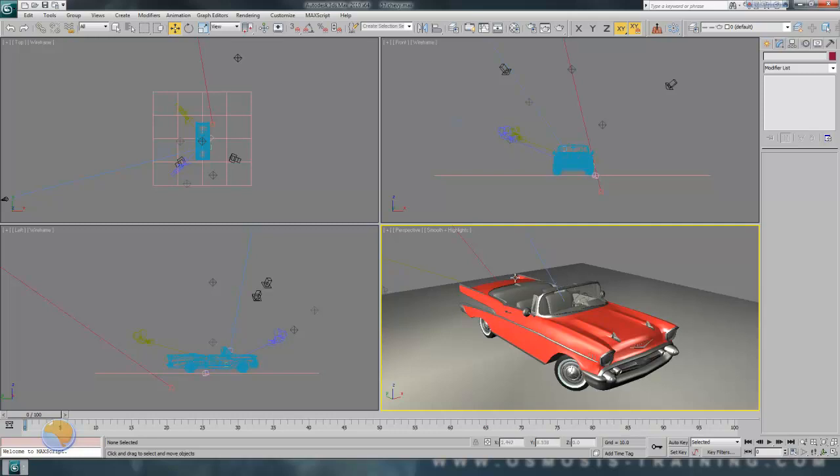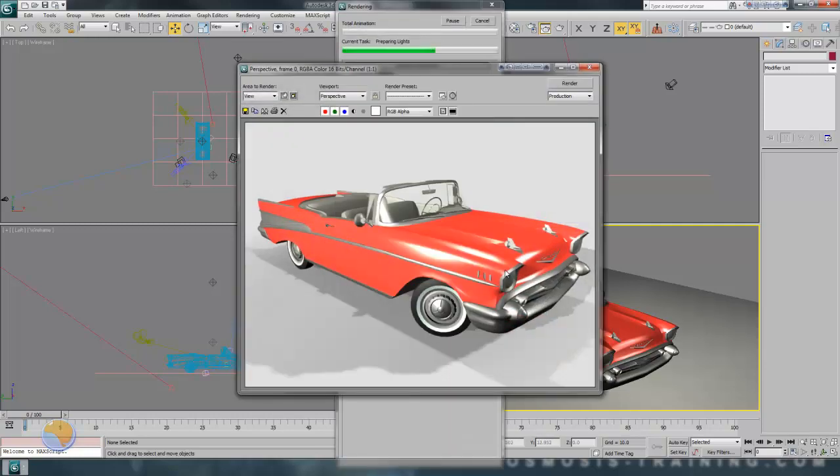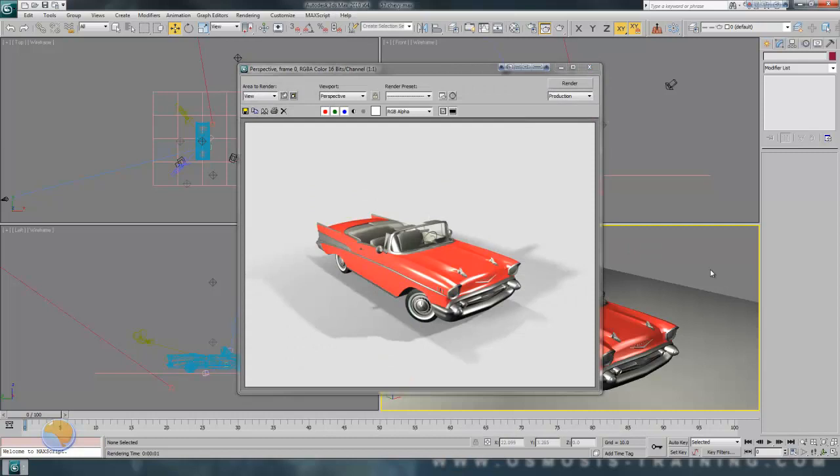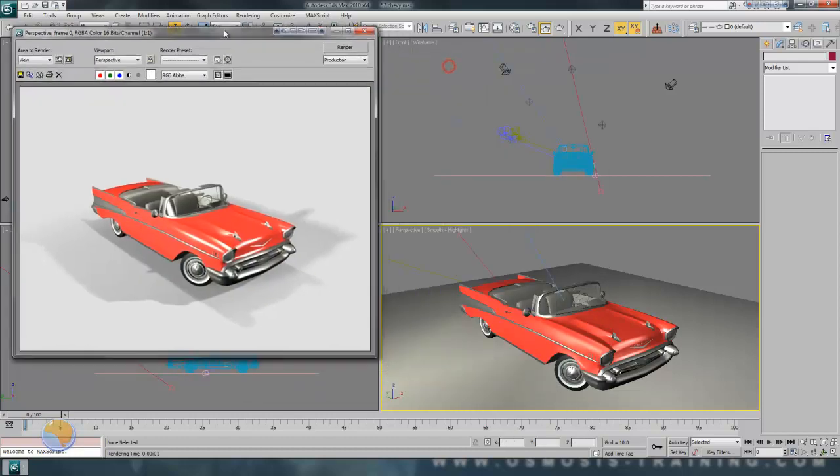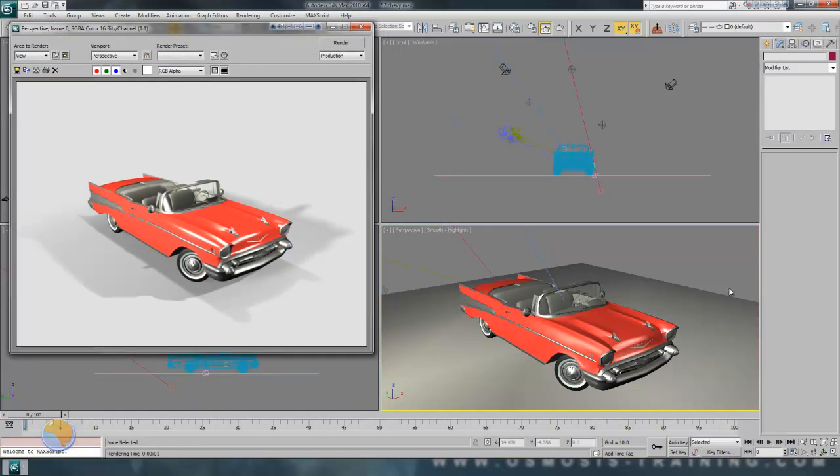All right. One quick way to render is to do the Shift Q, and this is a quick render. So Shift Q is your hotkey for your quick render, and this brings up a render window, which kind of gives you the whole view of what your render is going to look like. And you can notice that this render size is different from viewport size. Okay, so not necessarily everything that you see in your viewport is going to be in your render,